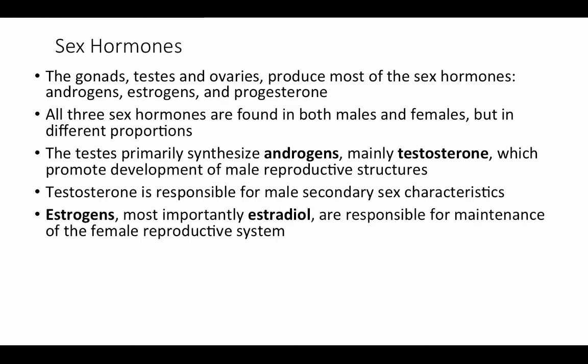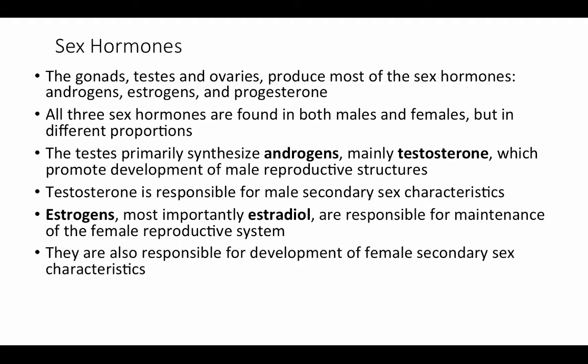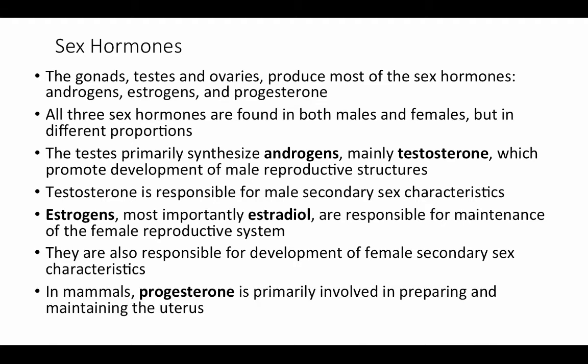Estrogens, and most importantly estradiol, are responsible for maintenance of the female reproductive system. They're also responsible for development of female secondary sex characteristics, so all of the things not related to reproduction that are different between males and females. In mammals, progesterone is primarily involved in preparing and maintaining the uterus, so it's going to be a regulator of menstrual cycles and have a big role in pregnancy and